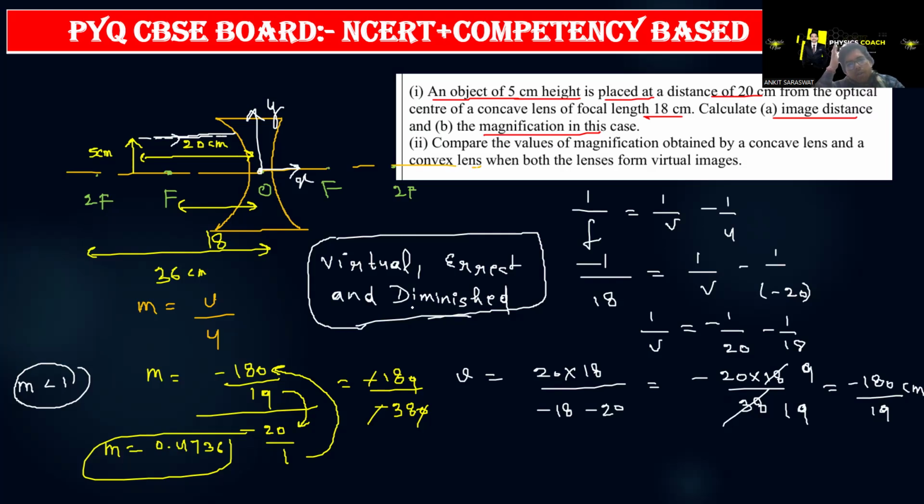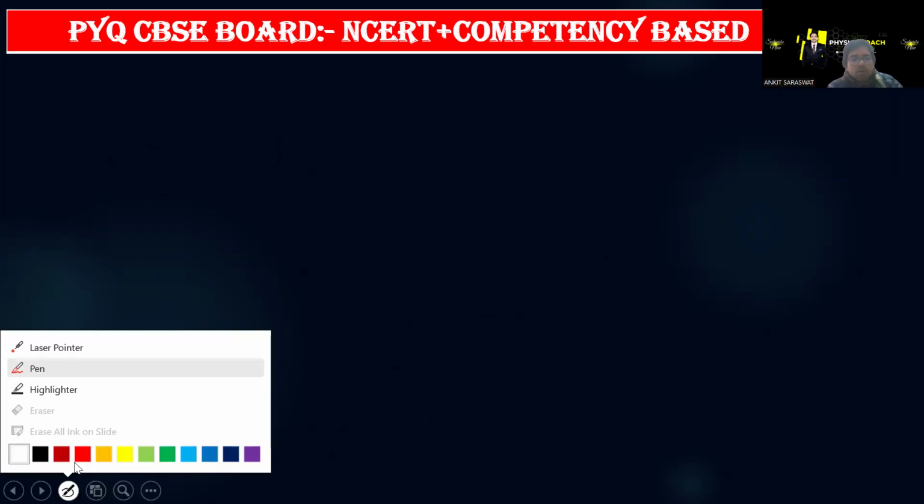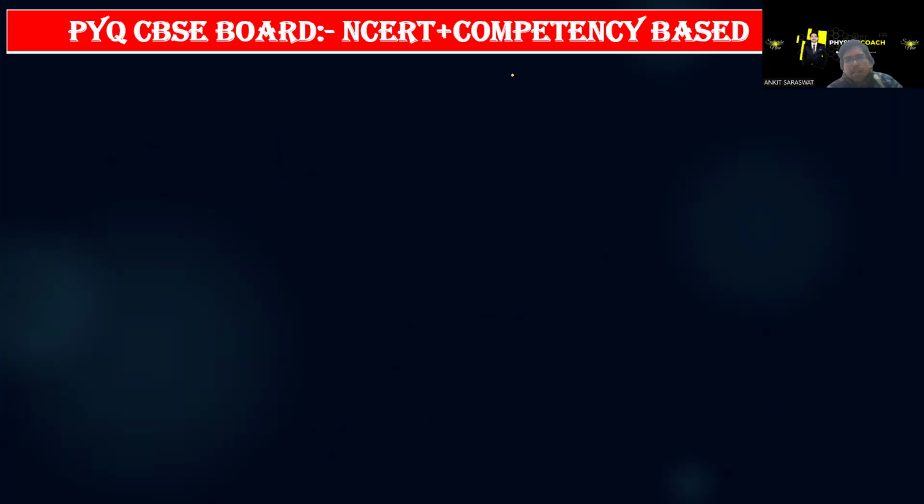I think next question you will do, right? Compare the value of magnification obtained by a concave lens and convex lens when both the lenses form virtual image. So people do this also. Okay son, both are forming virtual image. So look at the magnification,